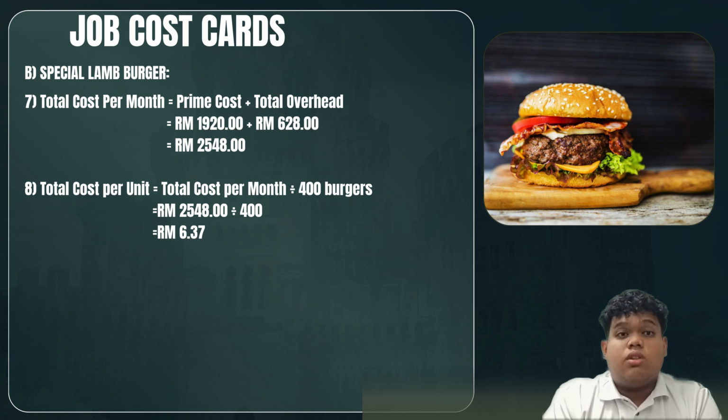Then we need to calculate total cost per unit. To calculate total cost per unit, we need the total cost per month divided by the 400 burgers. So 2,548 ringgit divided by the 400 burgers, which got around 6 ringgit and 37 cents for 1 unit of